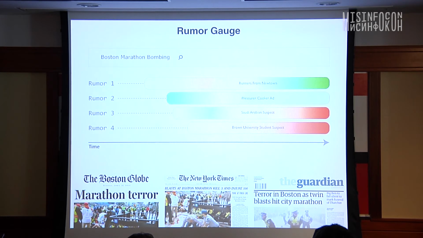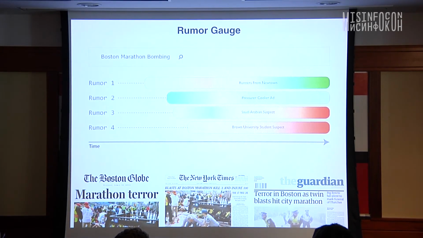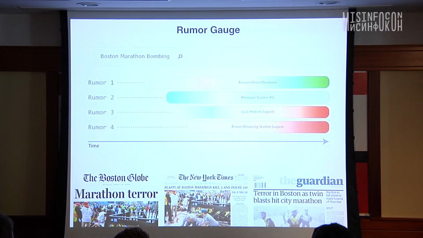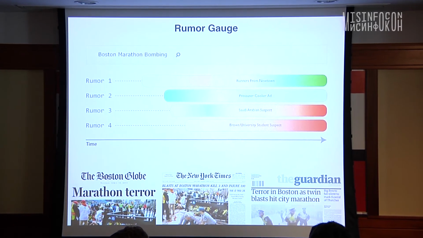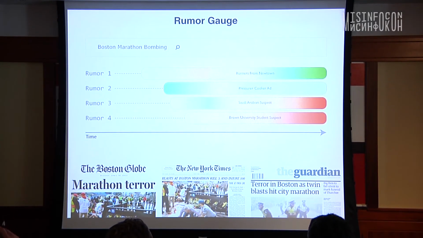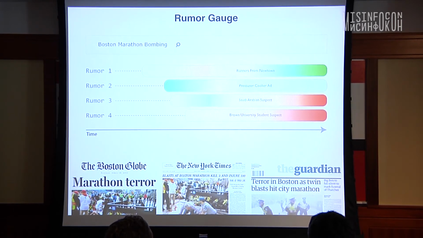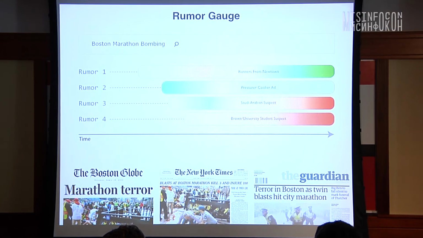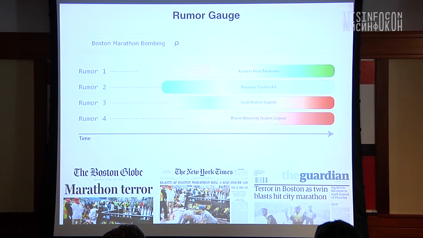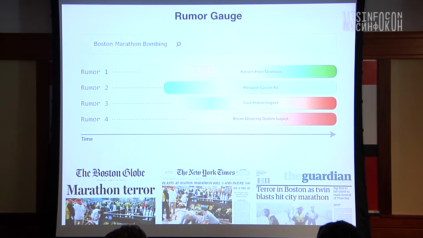And I wanted my tool to automatically identify various rumors that are being spread about the event on social networks. And not only identify the rumors, but also to give a score of how likely they are to be false or true. So this is a cartoon sketch of what I wanted my tool to look like. You type the event, and over time, it identifies various rumors spreading, and then the color is the veracity of the rumor. So if the system thinks the rumor is true, it colors it green. If it thinks it's false, it colors it red.